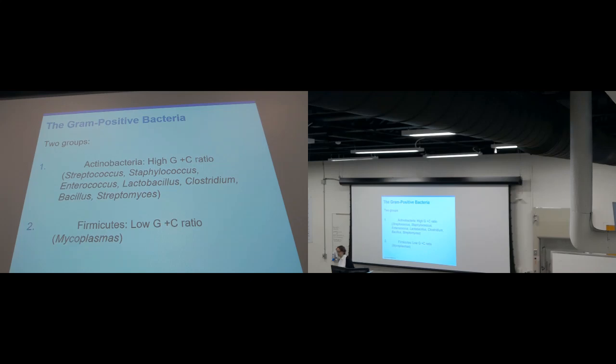Okay, so this is the other part of the chapter where now, instead of looking at gram-negative bacteria that we classified as proteobacteria, we're going to move into the gram-positive bacteria, which can be classified based on the amount of G's and C's, guanine and cytosines, that you have. Either you have high or low levels of these. If you have high levels of G's and C's, these bacteria will be classified as actinobacteria, but if they have low content of G's and C's, it will be